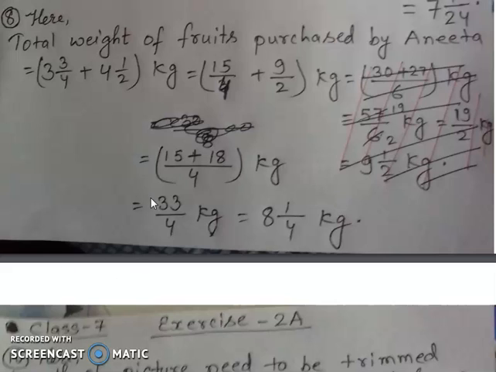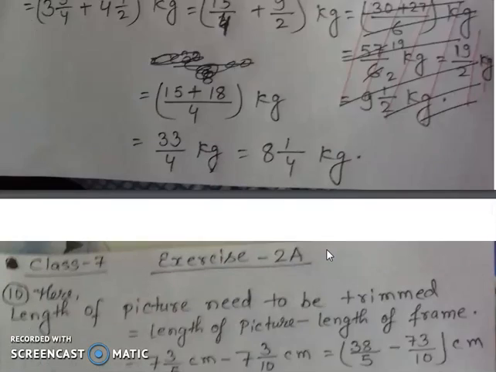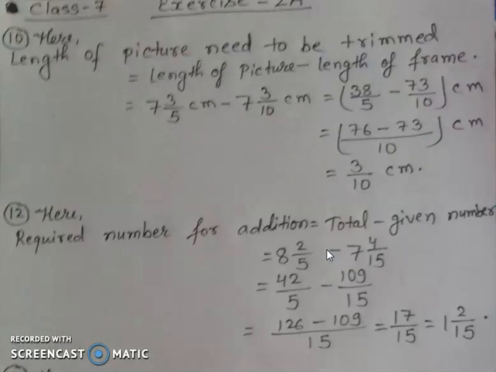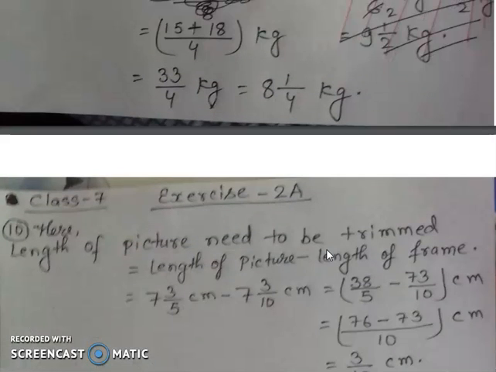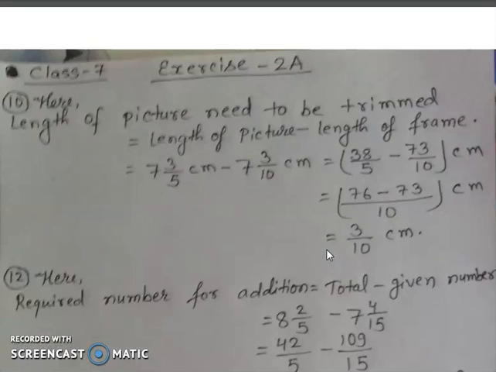So simply while looking at 8 4s are 32, so 8 came out and 1 is remainder, so 1 by 4 kg. Okay. In the same way, if you move further, you can see question number 10. Here also you can see I am leaving one problem. What problems are there? So one I am leaving, one I am making, and all these left ones will be again explained in the same PDF.